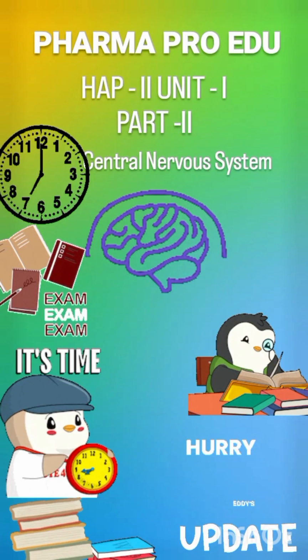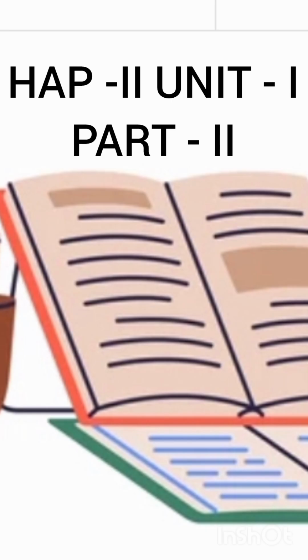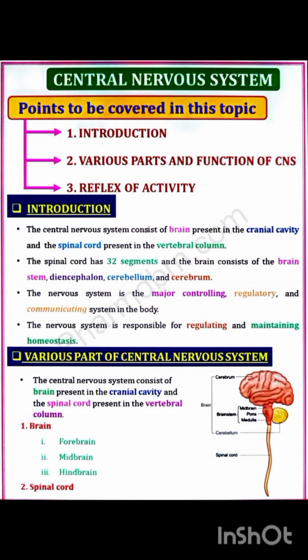Let's learn about the HAP2 Unit 1 Part 2, which is about the central nervous system. The central nervous system, also called CNS, involves an introduction, various parts and functions of the central nervous system, and reflex activity. Introduction: the central nervous system consists of the brain present in the cranial cavity and the spinal cord present